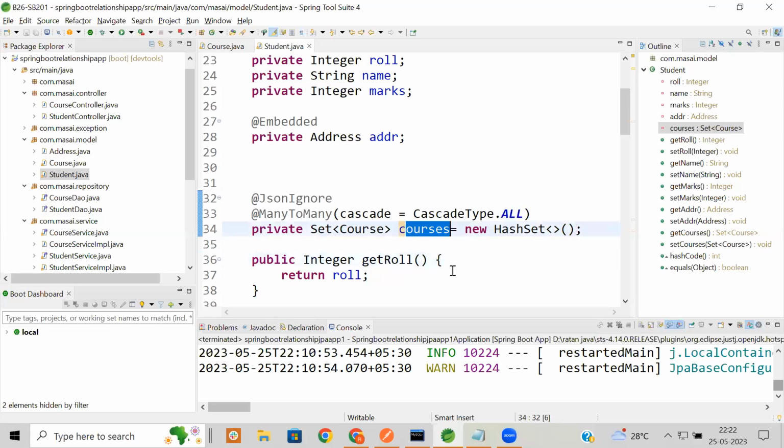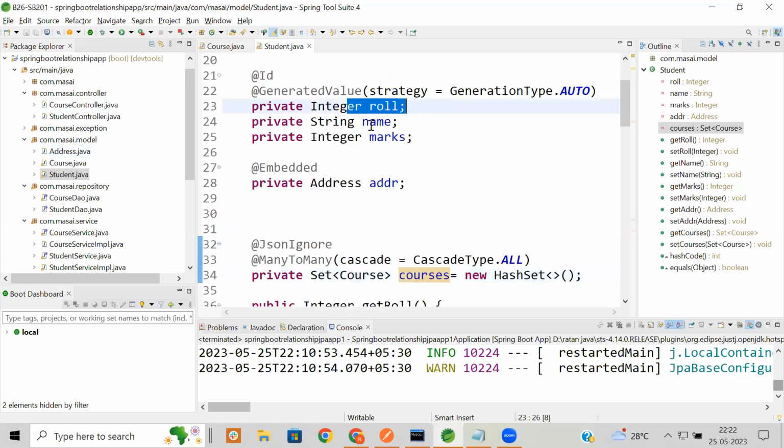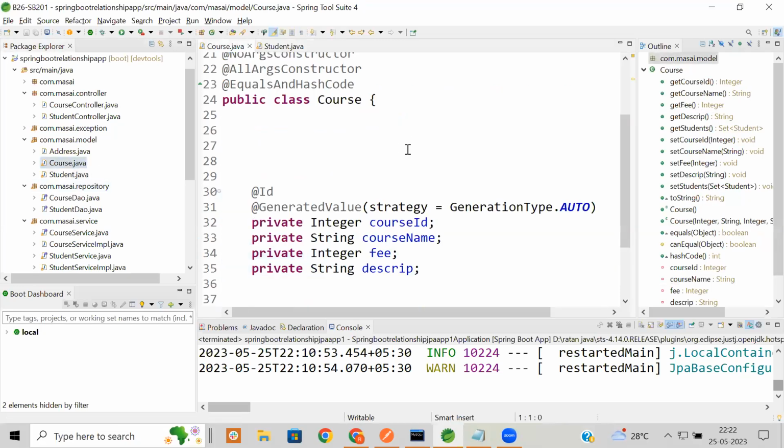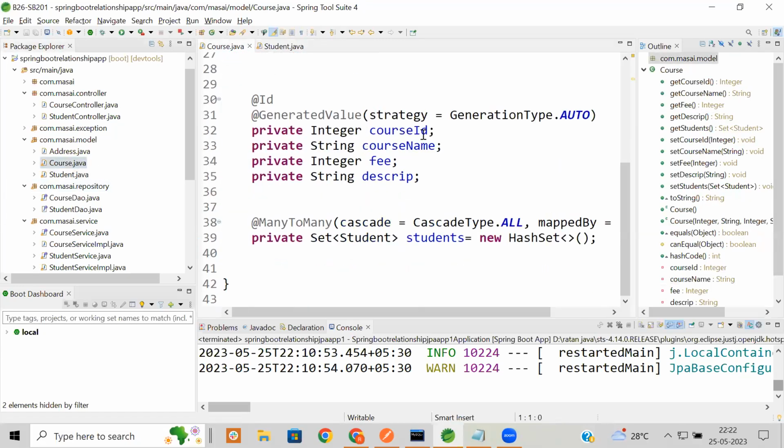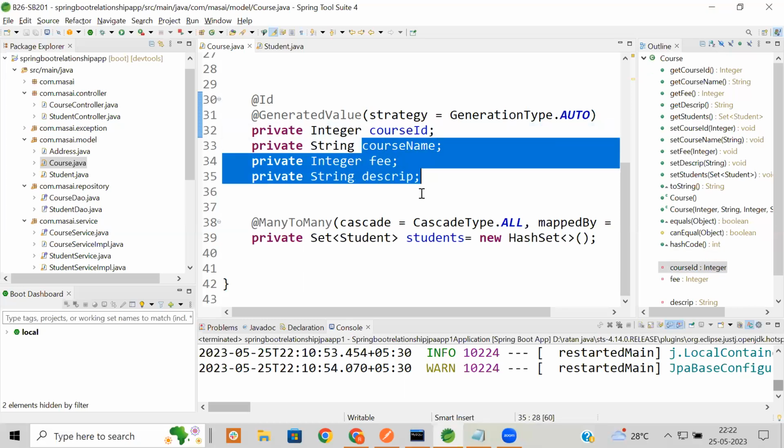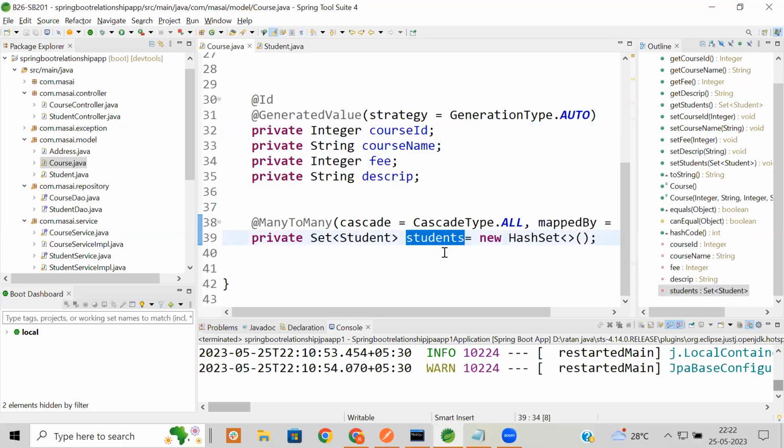अब ये courses है क्या? ये courses हमारा कोर्स का डिटेल है, मतलब यहाँ पे सारे कोर्स के डिटेल प्रिंट होंगे, जैसे कि रोल नंबर प्रिंट हुआ 1, नेम, मार्क्स, एड्रेस और कोर्सेज। दिस इज द सेट। अब सेट के अंदर ये कोर्स आएगा। तो अब ये एक कोर्स का जावा का कोर्स आईडी, नेम, फीस, डिस्क्रिप्शन विल बी प्रिंटेड, एंड अगेन हियर स्टूडेंट्स विल बी देयर। अब इस स्टूडेंट्स में फिर उस स्टूडेंट के डिटेल, सो इट विल बिकम अ रिकर्सिव कॉल